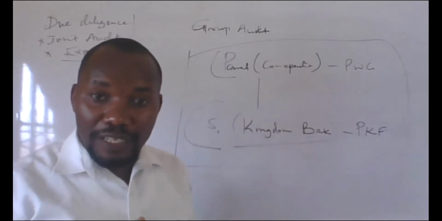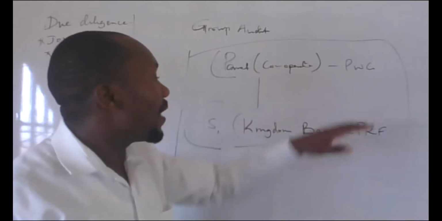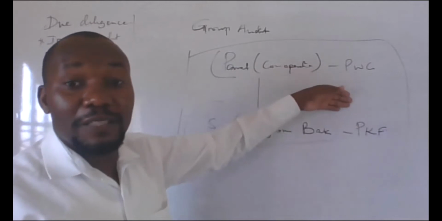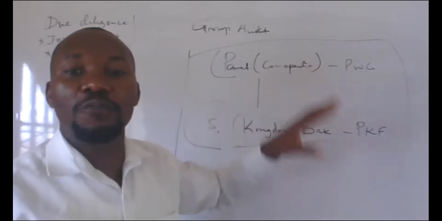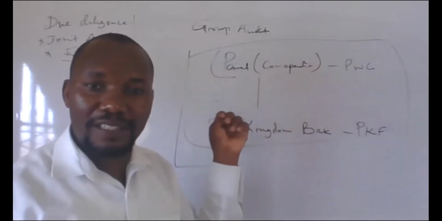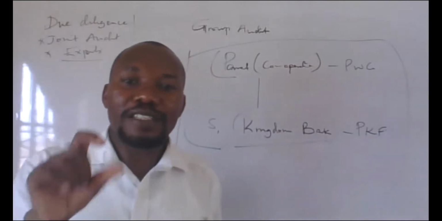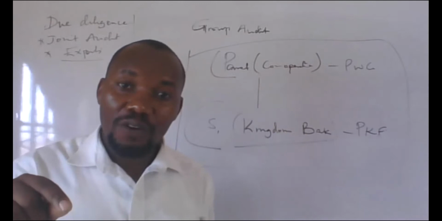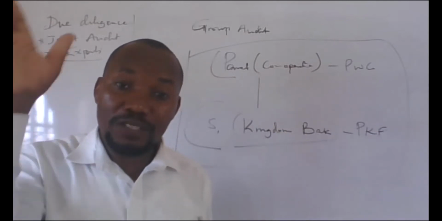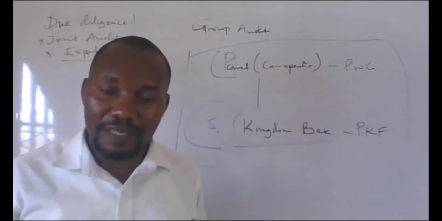So we have group audit that is conjoined, that brings in the perspective of joint. But then we have pure group without joint audit. So you need to understand which one. Is it group and joint, where two firms are there, or is only group, where one firm is doing the group audit for the whole firm, the whole branches or the whole group or company?